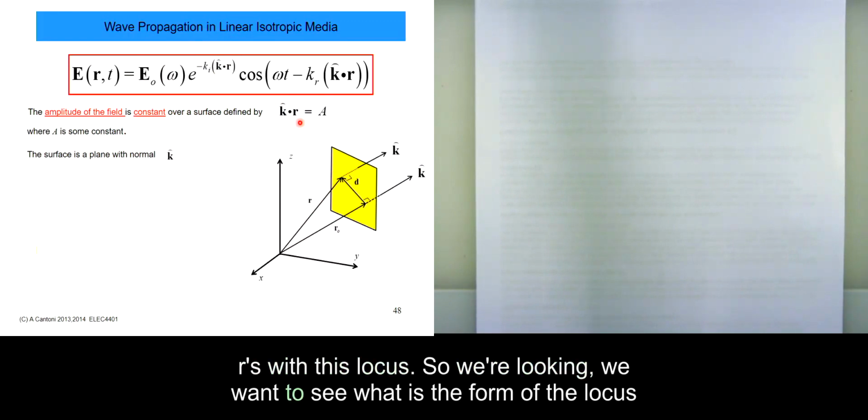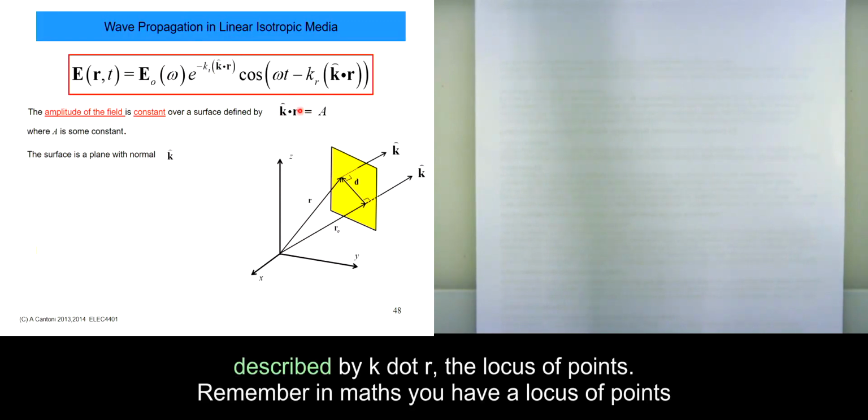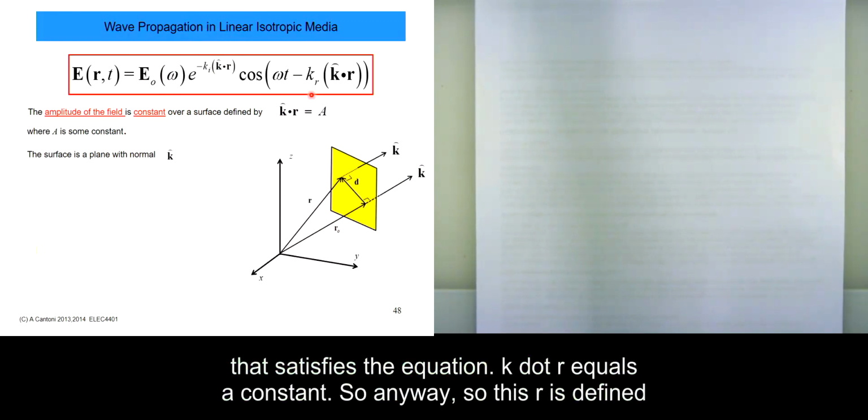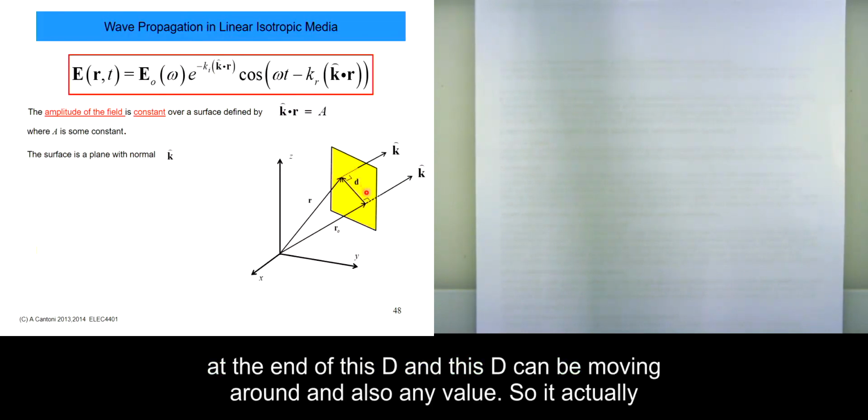So we want to see what is the form of the locus described by k dot r, the locus of points. Remember in maths a locus is a set of points that satisfies the equation k dot r equals a constant. So this r is defined at the end of this d, and this d can be moving around and also take any value. So that actually defines a plane,